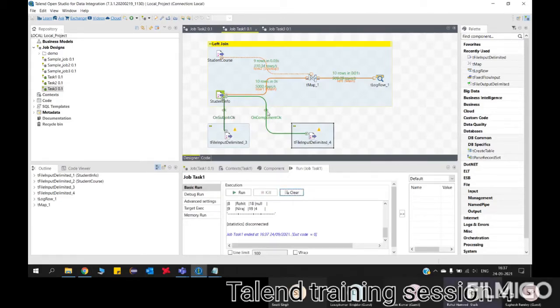So you could not identify which one has run first, right? So let us do one thing. Remove that OK link from that component and put it from tLogRow to the file component.